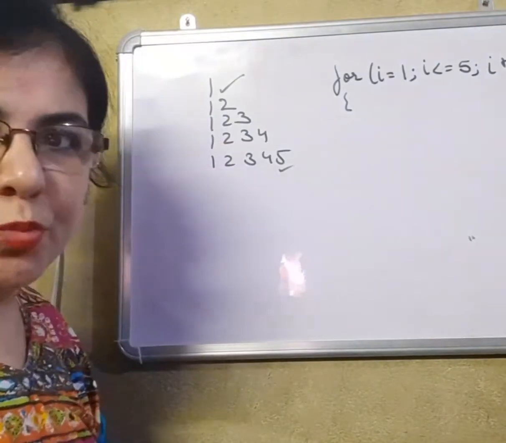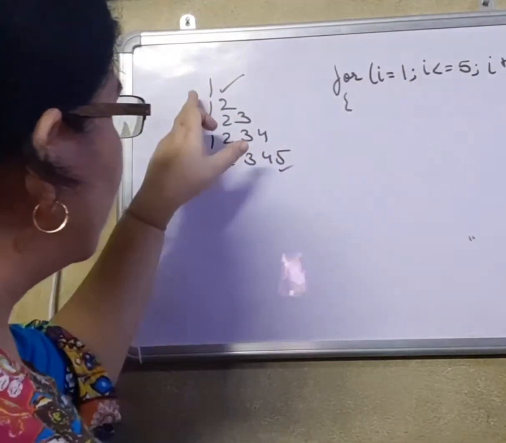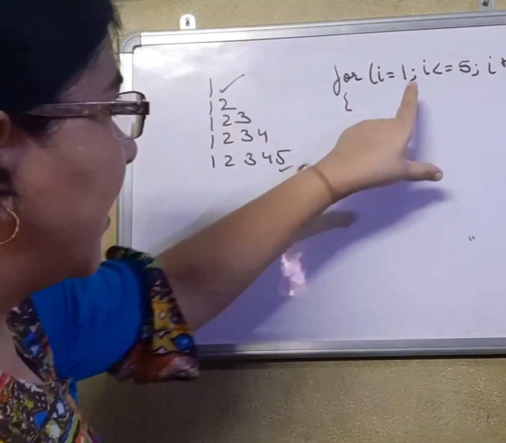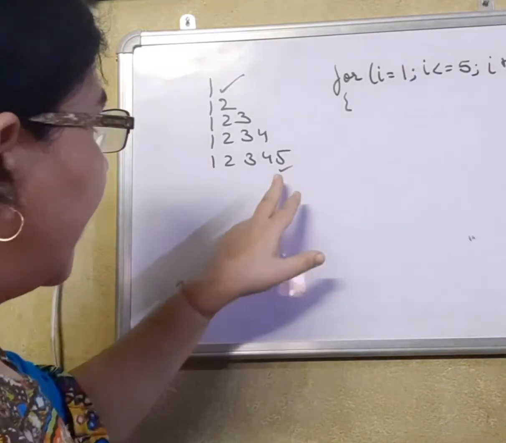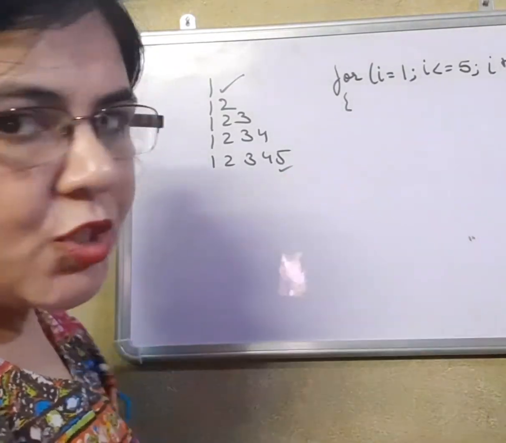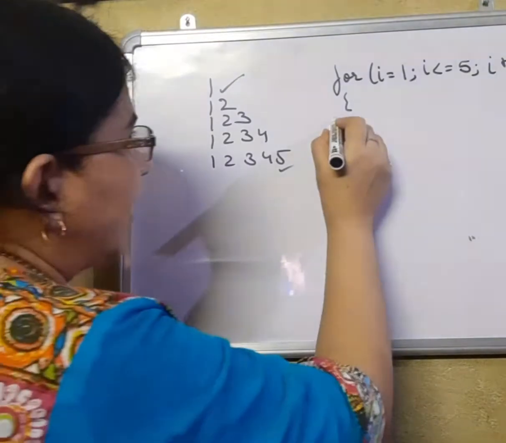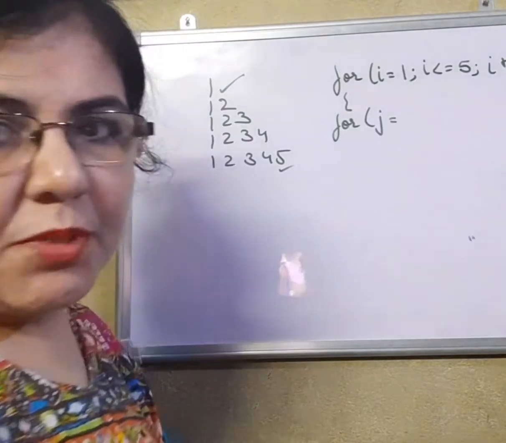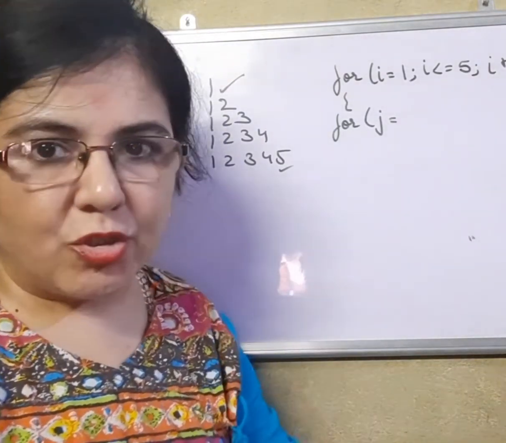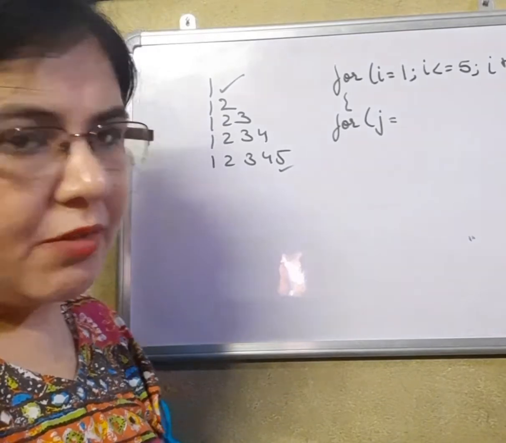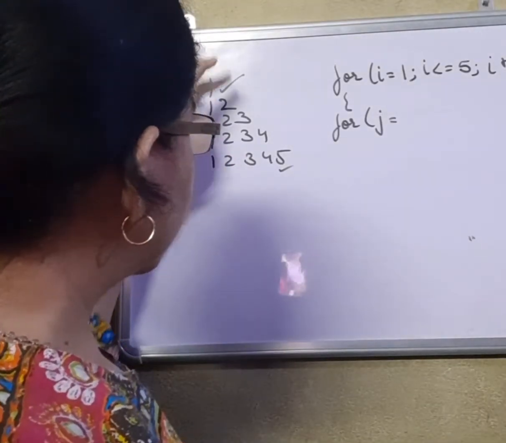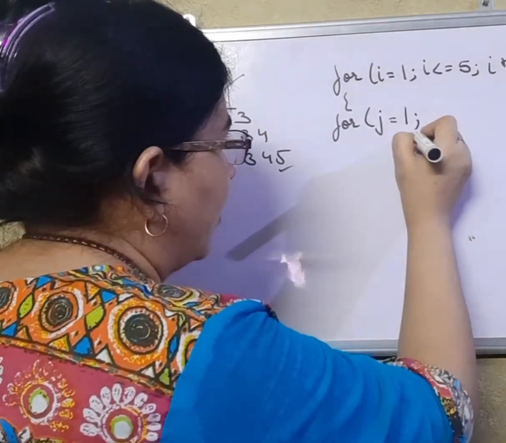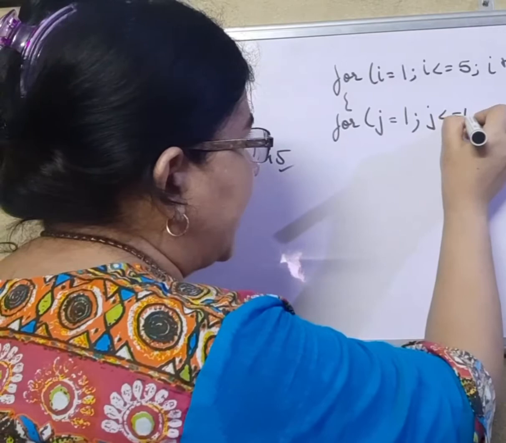That means the loop of I will look at the ending values of each and every line. We have given the ending value of the first line as the initial value to I, and the ending value of the last line as the condition for I. Then comes the J loop. The J loop has the responsibility of printing the entire pattern. I cannot do it, I is only telling the last value of each and every line. J will look at the starting value of each and every line, which is 1, and J is less than equal to I.